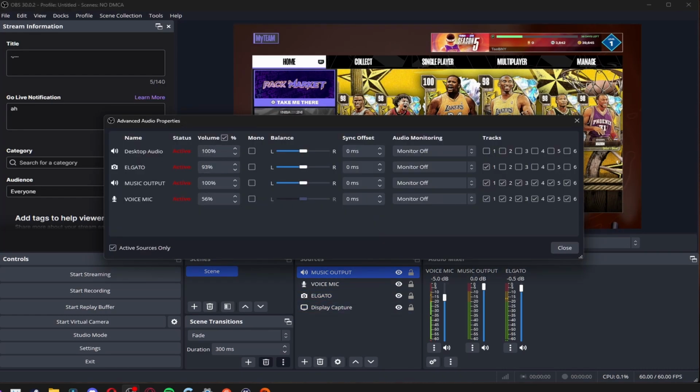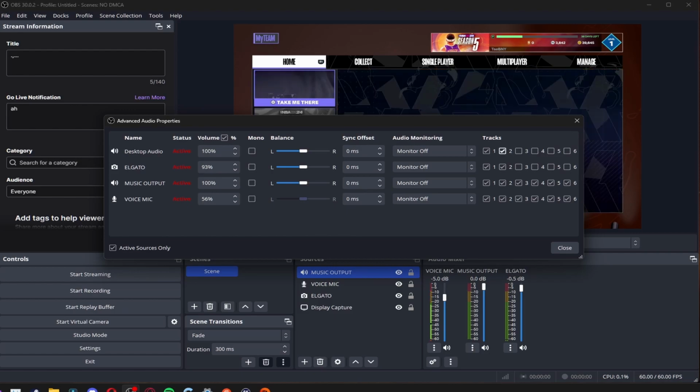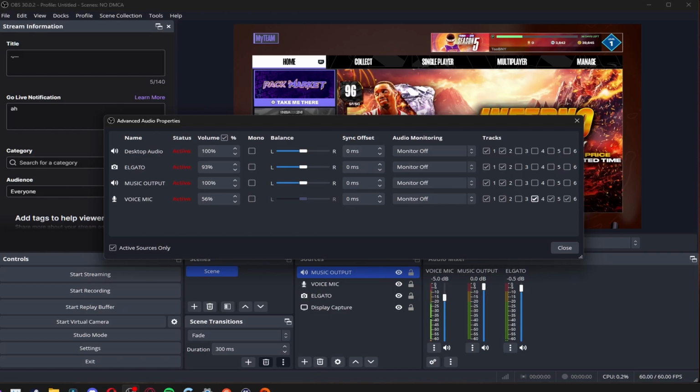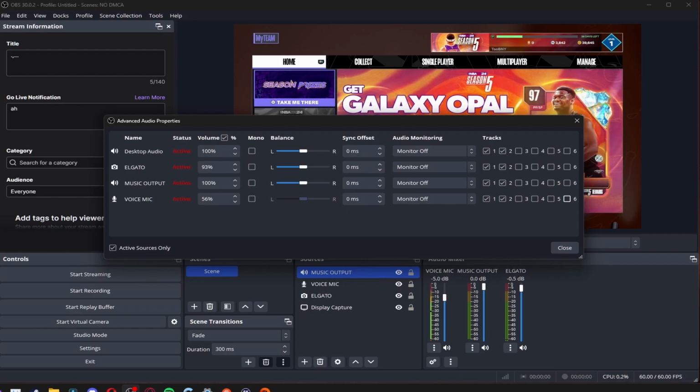So here's what I'm going to do. I'm going to click the settings, all right? Ideally, all of these tracks will be filled up, right? You want to get rid of 3, 4, 5, and 6. You don't want these extra tracks, because you don't know what's going to happen when you make a video and you have all these tracks,